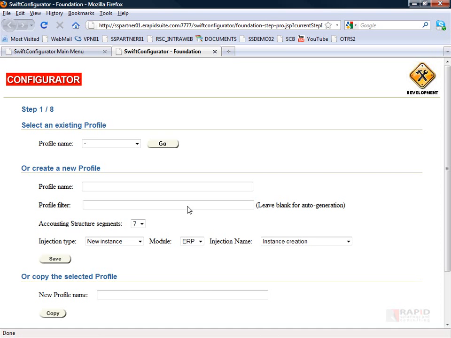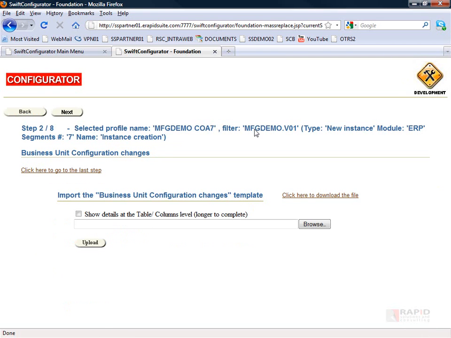Now, in a previous presentation demonstration, it was demonstrated how to prepare and obtain a working set of configurations. We're now going to select that working set of configurations by selecting the profile name that we created previously and click on Go. Okay, now it's brought back the configurations. Just to refresh what we have here,